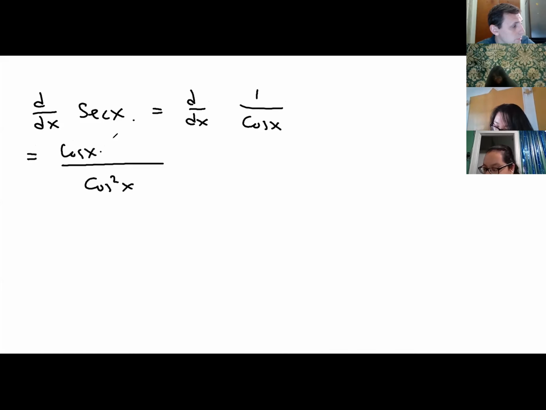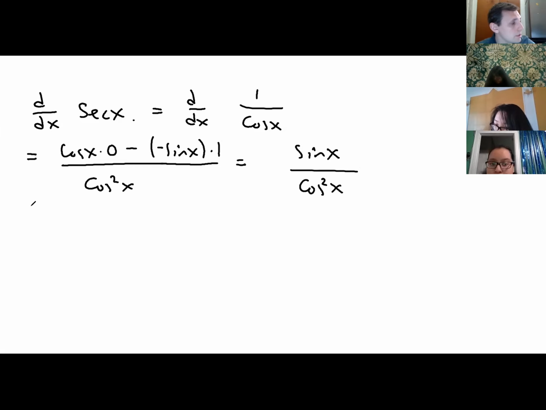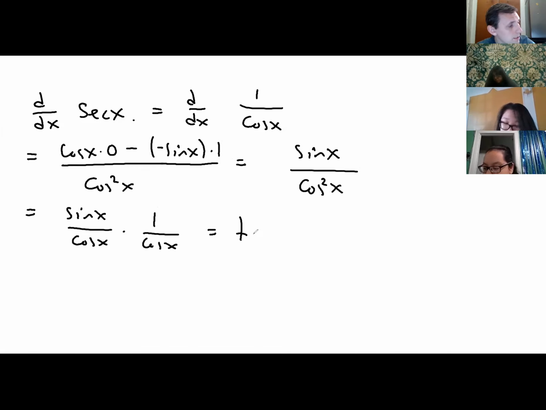Cosine x times the derivative of 1, which is 0, minus the derivative of cosine, which is minus sine x, times 1. And what we get is sine x divided by cosine squared x, which we can write as sine x over cosine x times 1 over cosine x, and that gives us tangent x